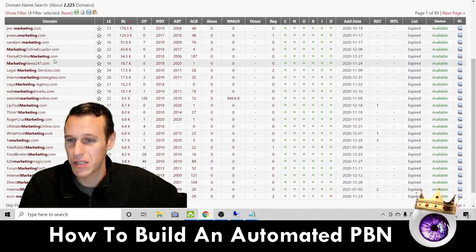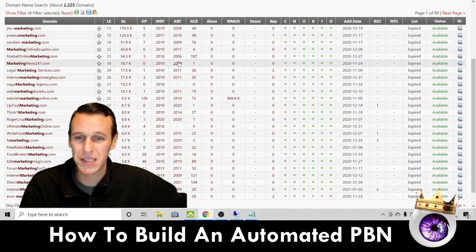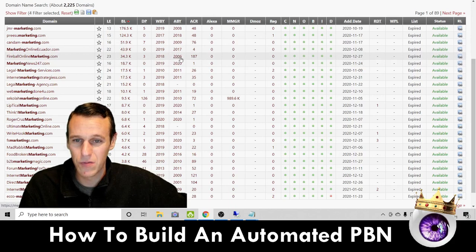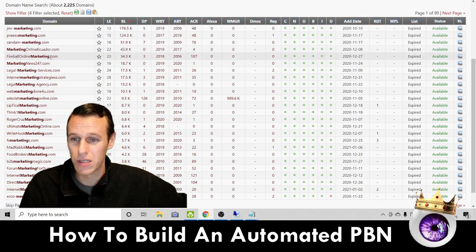But basically you can just come down here, and so here's an example: Fireball Online Marketing. It has 34.3 thousand backlinks. It looks like it was registered in 2006, so that's a nice aged domain here from 2006 with a bunch of backlinks. So I will just copy this